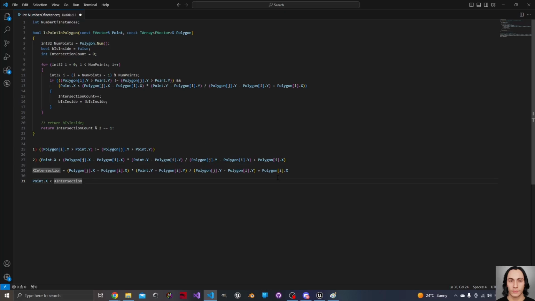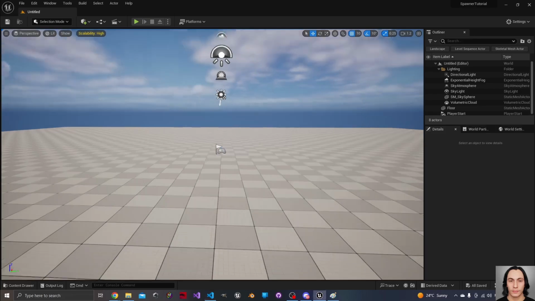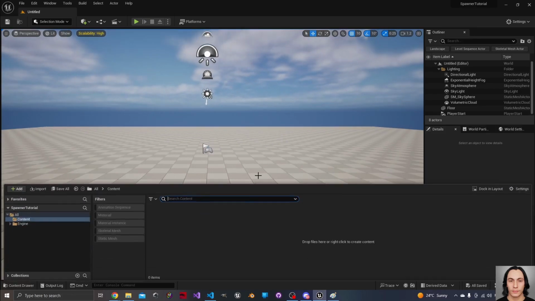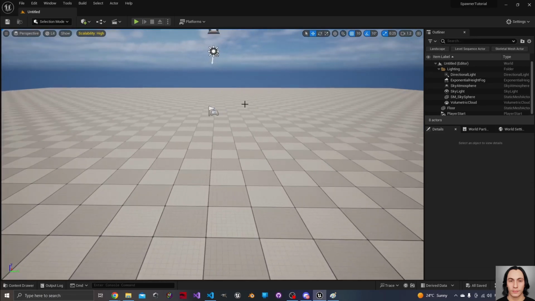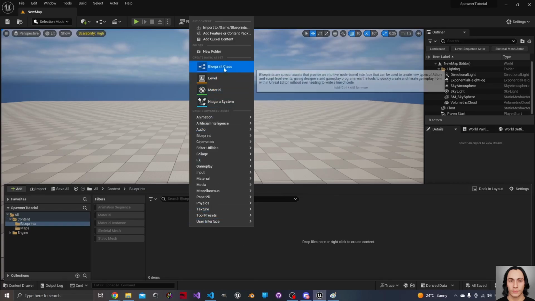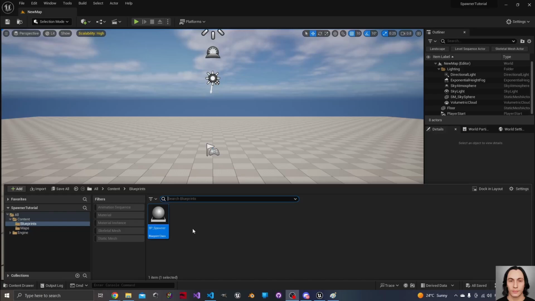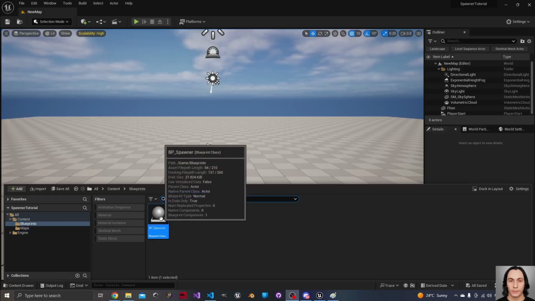start creating our class, our actor, that will spawn our meshes inside the surface. Here we have Unreal Engine 5 with a basic empty level. Let's start by creating a folder named maps in which we will save our map. Let's create a second folder named blueprints. Right click in the content browser, select blueprint class, select actor and name it BP spawner. Double click on the BP spawner,